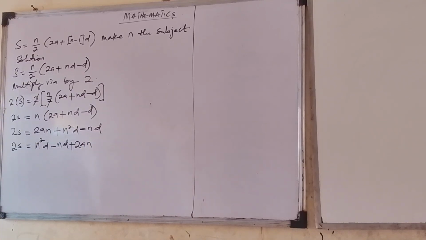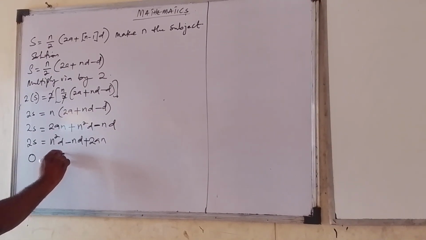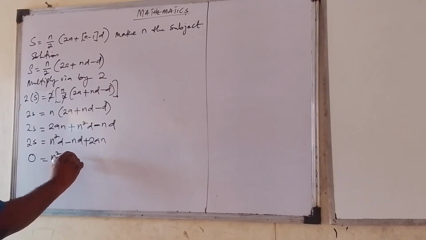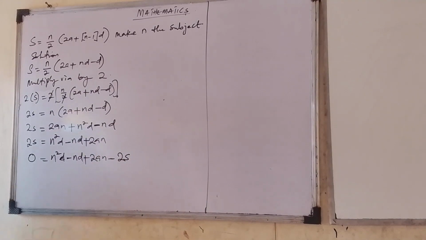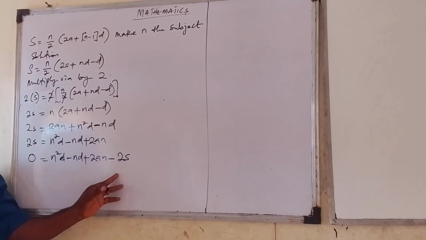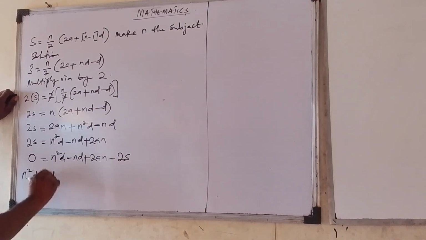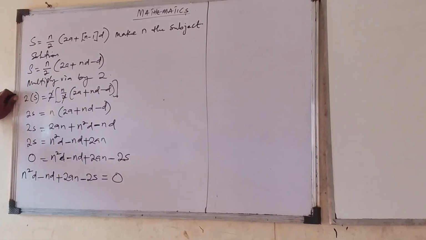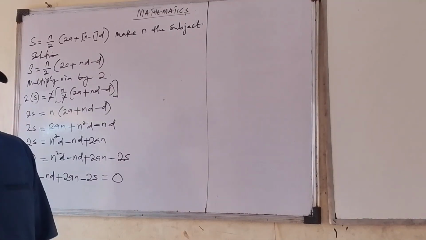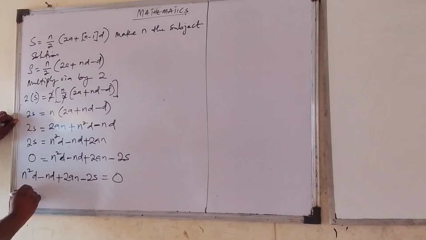And of course, it's also the same as saying 0 is equal to n squared d minus nd plus 2an minus 2s, taking this plus 2s to the other side to change the sign. So it means n squared d minus nd plus 2an minus 2s is equal to 0, because left hand side is equal to right hand side. Now in this case, let's do this. Here we have n squared d